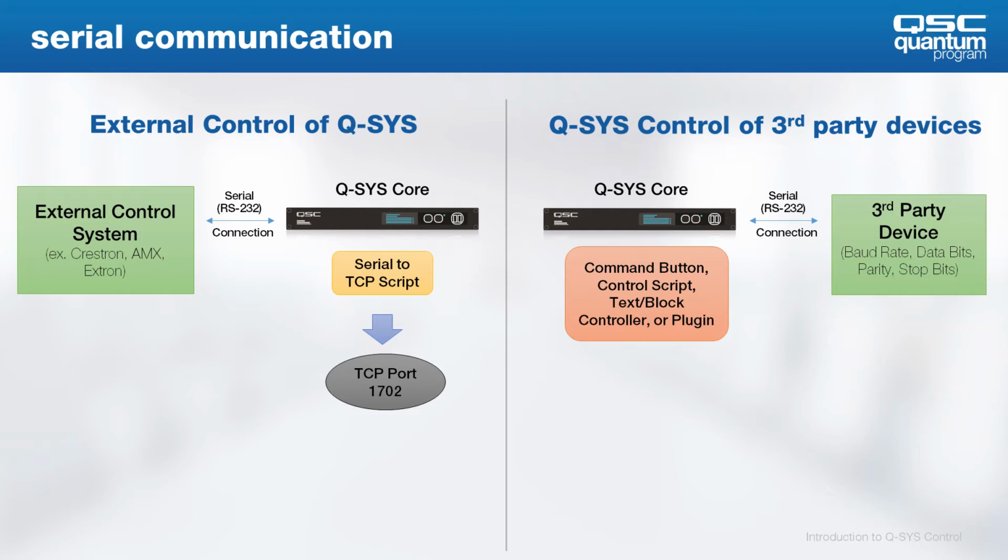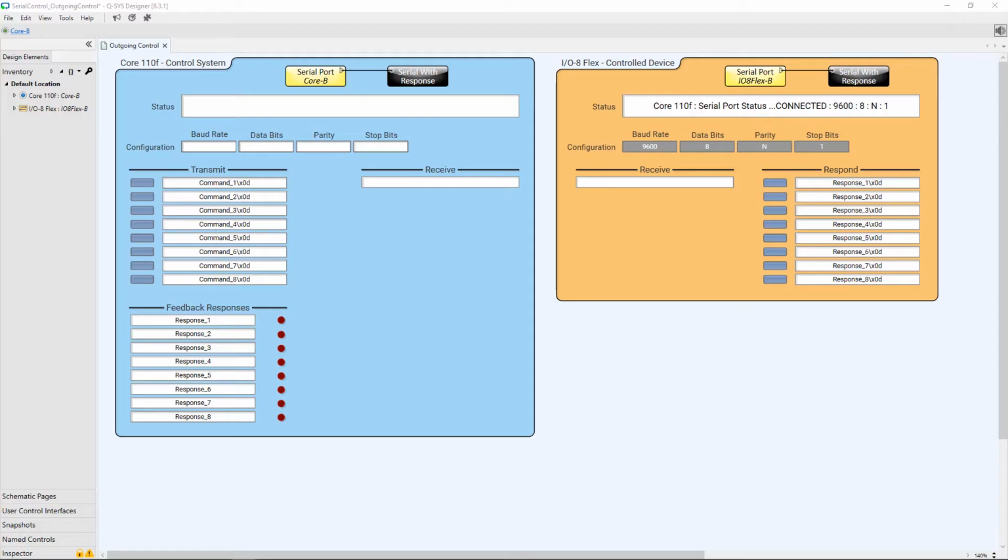In terms of establishing or troubleshooting an outgoing serial control connection, there are a few different elements to look for. Start by downloading the controlled device's serial protocol or API documentation that details specific serial port settings and the proper command and response formatting for the device. Next, we verify the wired connection. You've probably all used serial control enough to know that if at first you don't succeed, flip transmit and receive,